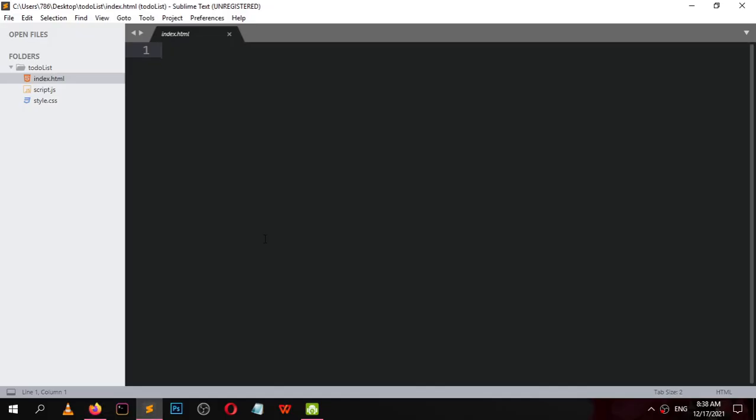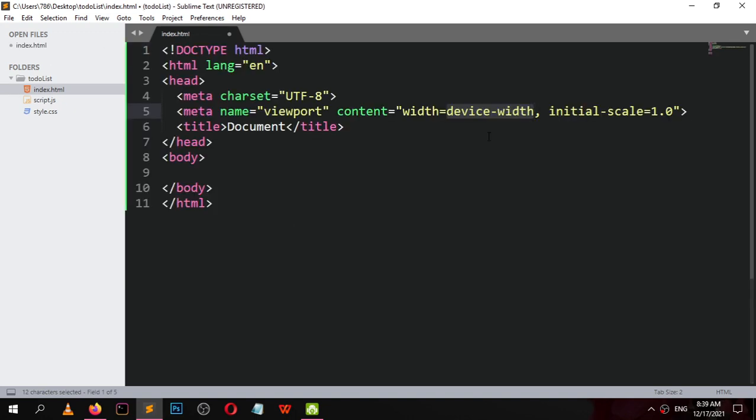Open this page inside a browser. We have nothing to see. Let's start working on it. Let's start with basic boilerplate. Change the title to do list app and link the style sheet